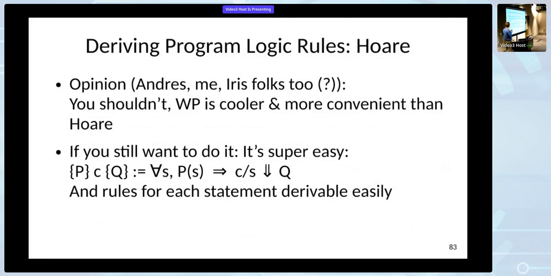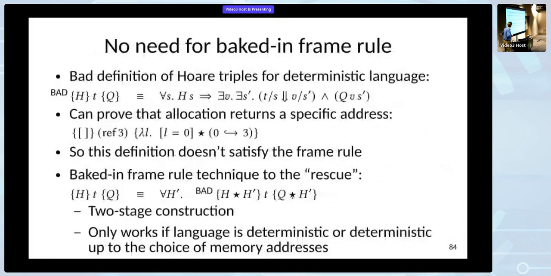Okay, anyways, but if you still want, and apparently some people, including one co-author of mine, really find HOR is cool as well, and it's really easy to derive HOR rules. So you can just define it as follows, and then derive them. And one cool thing is that without our semantics, you get this problem with the baked-in frame rule. So basically, if you have a deterministic language, you can define a bad HOR